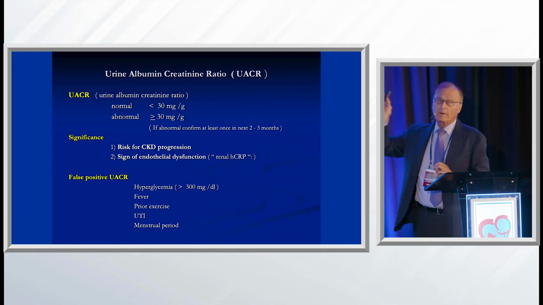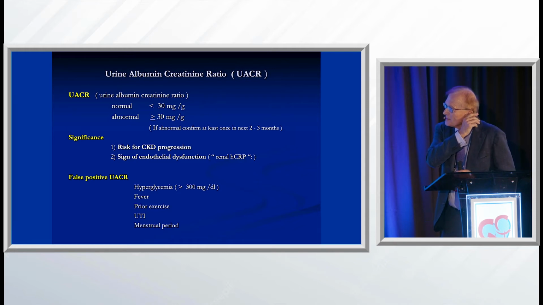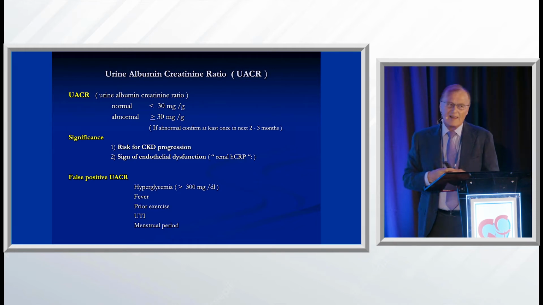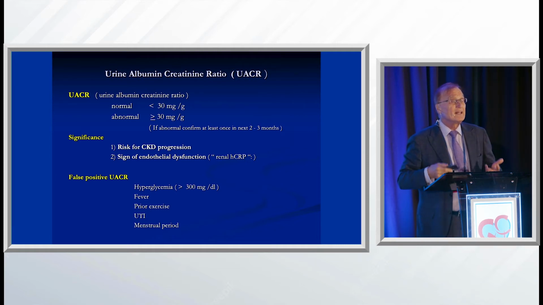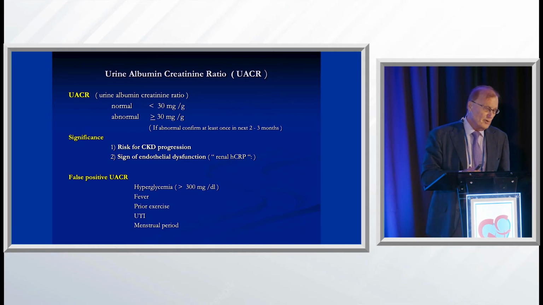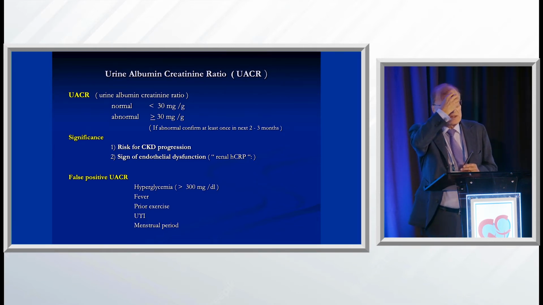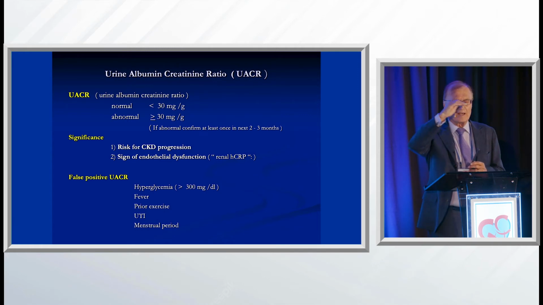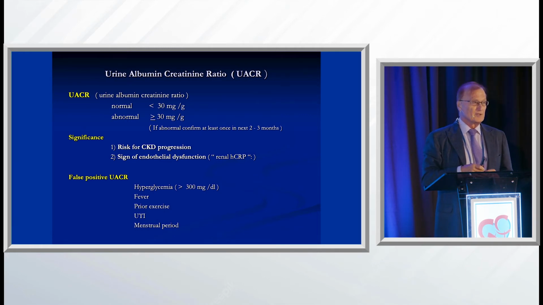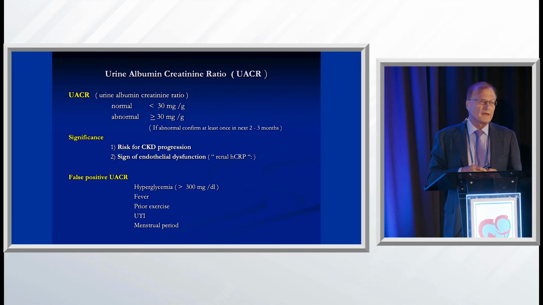The albuminuria by itself, Dr. Bakris is one of my favorite nephrologists in the United States because he usually is always right in what he predicts. And he calls albuminuria the renal CRP. He said the C-reactive protein of the kidney is albuminuria. If you have albuminuria, you have system-wide endothelial dysfunction. So, matter of fact, if you check all the males who develop erectile dysfunction, a large proportion of them have endothelial dysfunction, and they also have albuminuria. So this is very important to think of albuminuria.